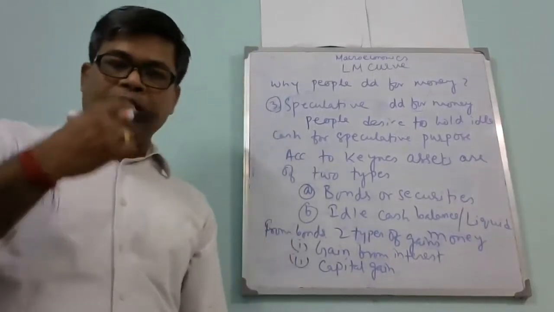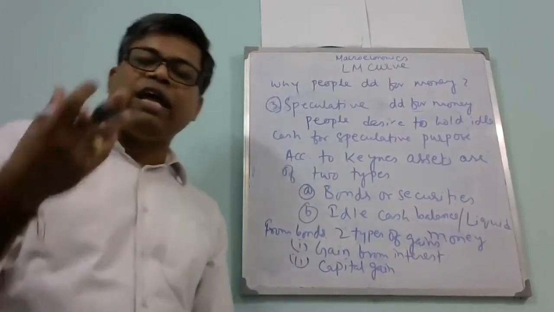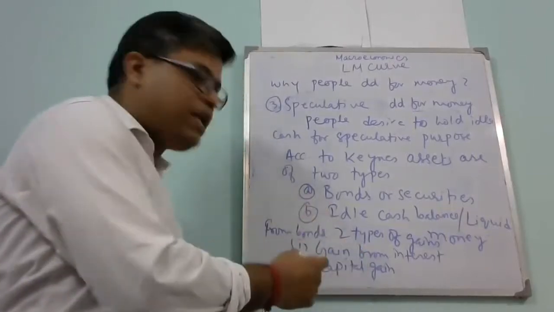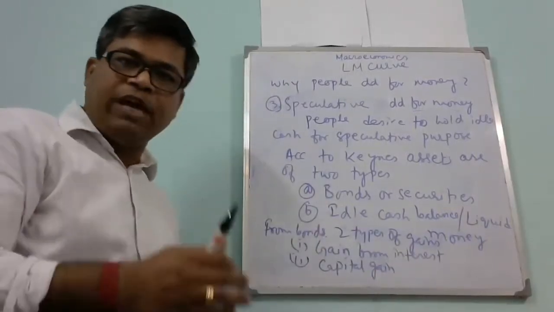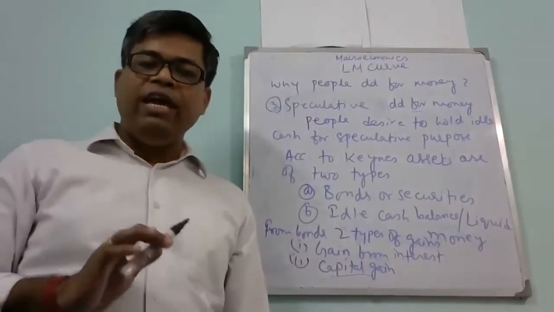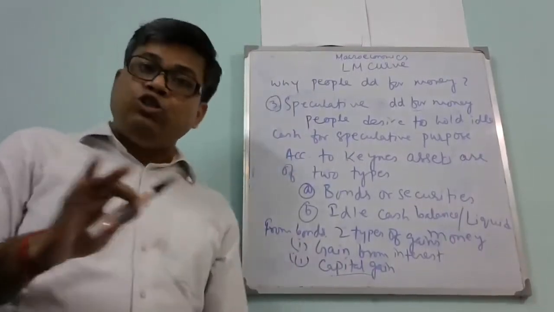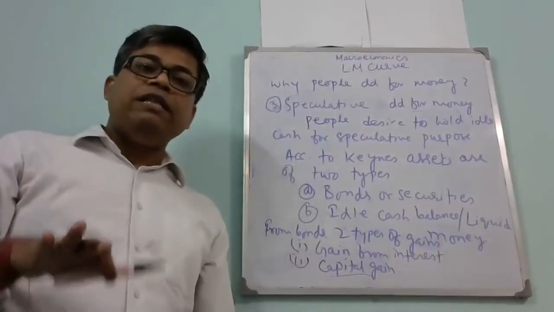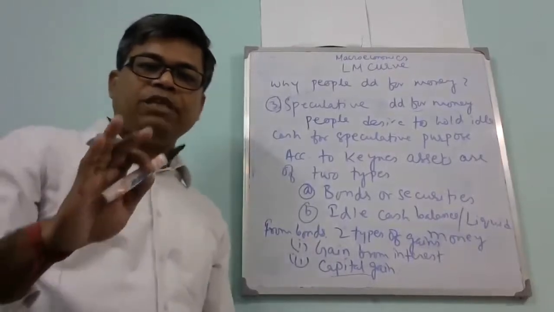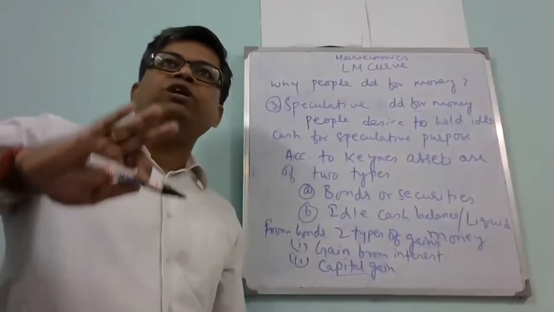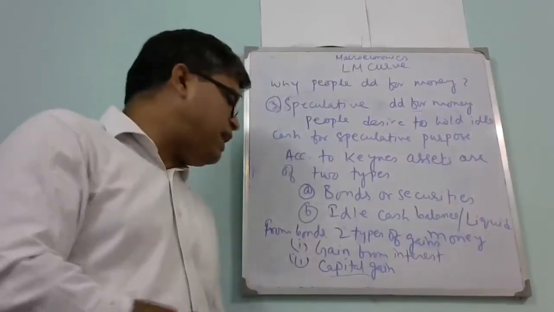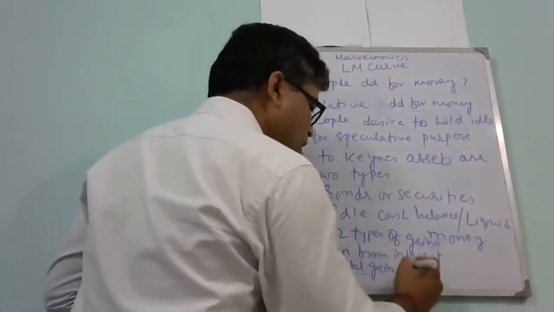So if asset holders hold their asset in form of bonds, he obviously will get the interest, but there is another chance that he can get a capital gain. But simultaneously, there is also a chance the price of the bond may fall in the future. Then this will be called a capital loss. So just like the price of the bond can increase in the future, similarly the price of the bond may decrease in the future. Then it will be called a capital loss.